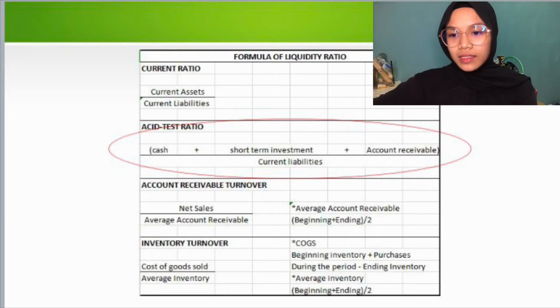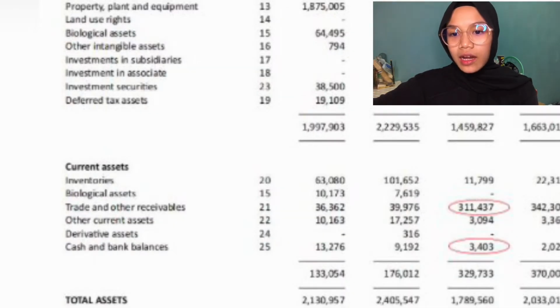So for Jaya Tiasa Holding Berhad, I only added the cash, RM3,403,000, to its accounts receivable, RM311,437,000, then divided the amount by its current liabilities as stated above. For the acid test ratio result, Jaya Tiasa Holding Berhad recorded 1.05, while KLK Berhad recorded